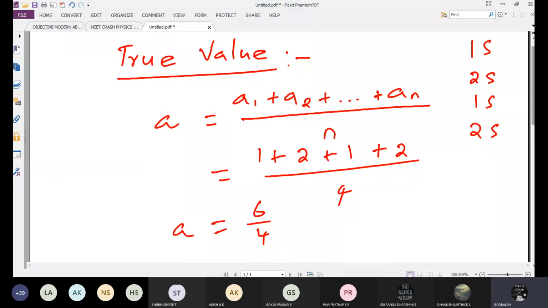Everything is now the calculation part. The formula is important: which formula to use in which condition. From this point of view, you have to think. Listen first, after that you can copy.